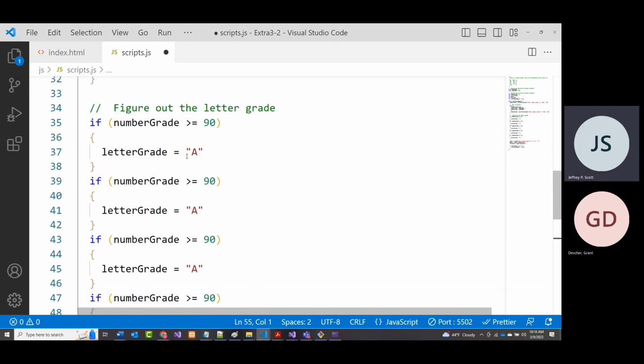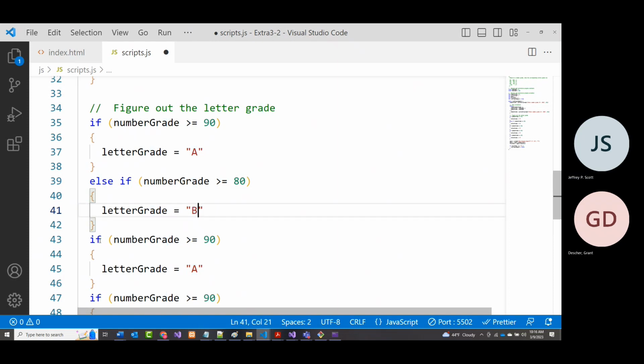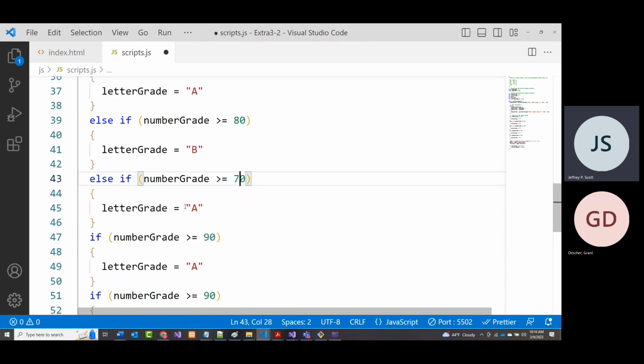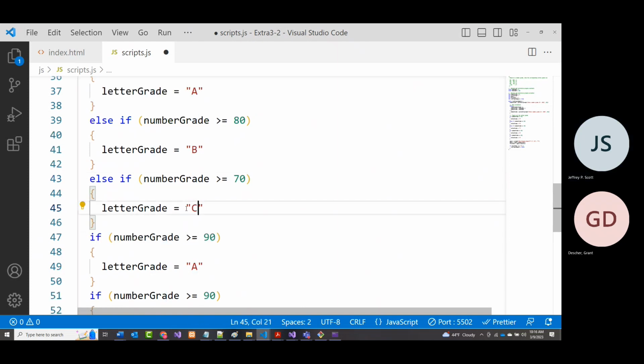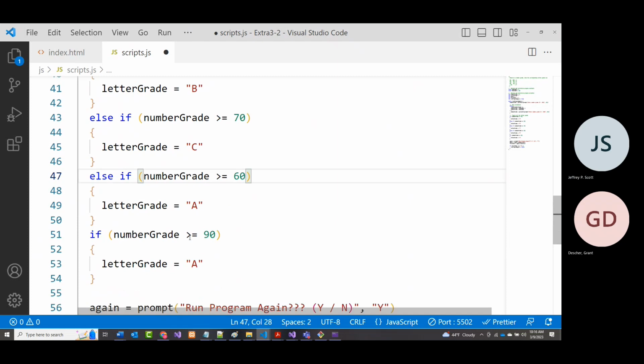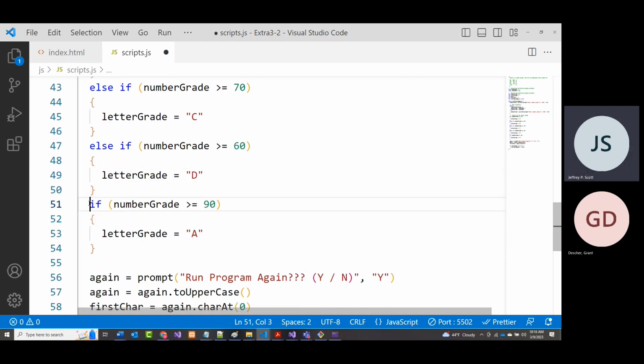So if it's greater than or equal to 90, it's an A. Else, if it's greater than or equal to 80, it's a B. Else, if it's greater than or equal to 70, it's a C. Else, if it's greater than or equal to 60, it's a D. All right. Else,